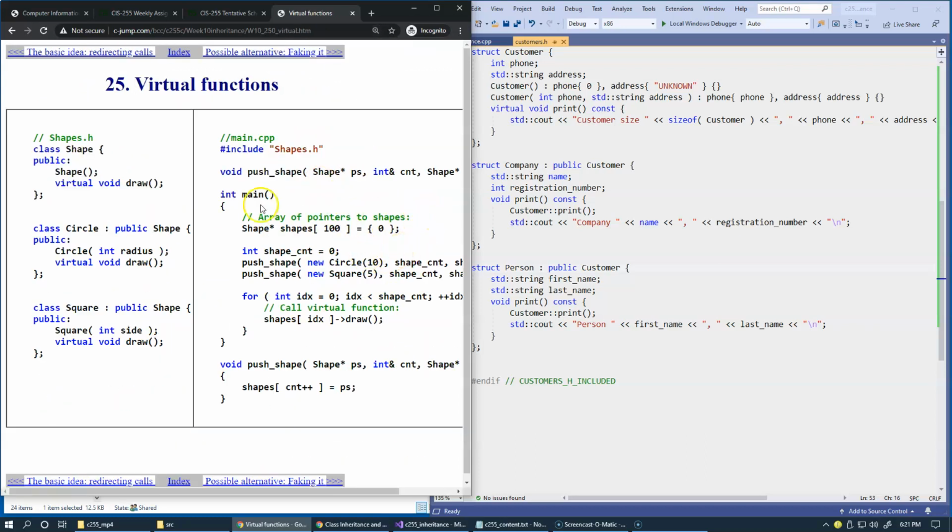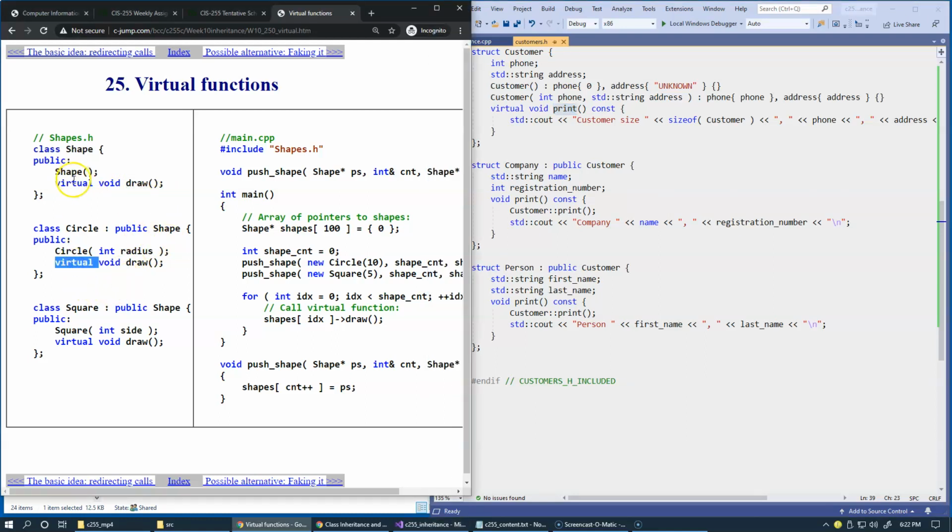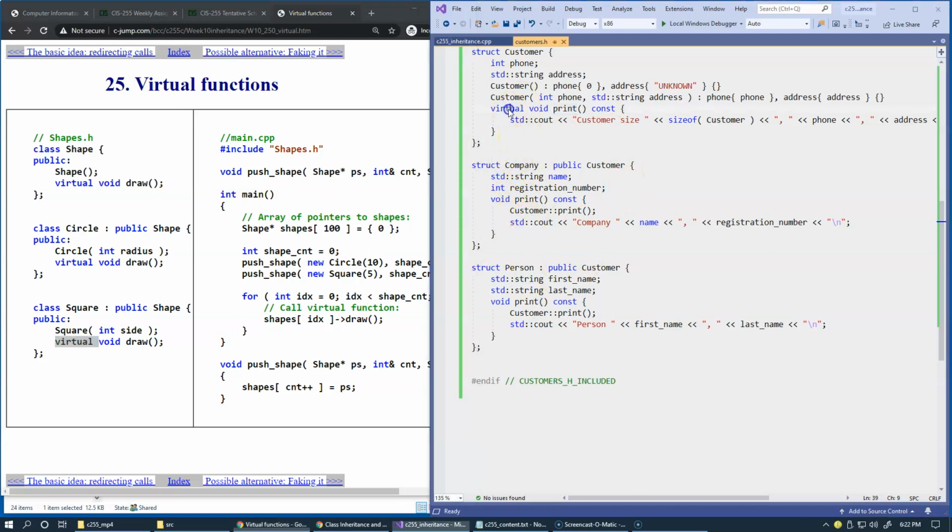So this is yet another example with shapes. The idea here is that there is a shape. It has virtual draw. So we used print here; this one is talking about drawing some sort of shapes. And here we have the virtual. I repeat this virtual keyword in all of these. But as you can see, you don't have to repeat this keyword in derived classes, as long as you declare